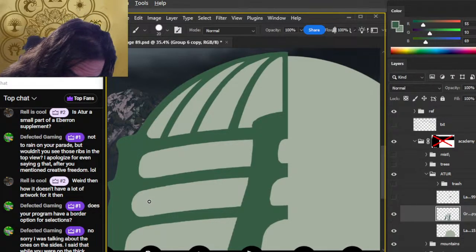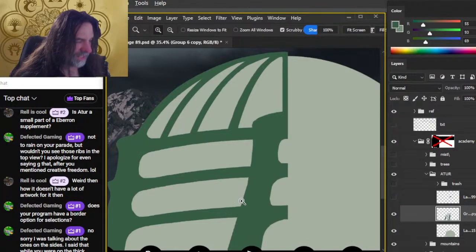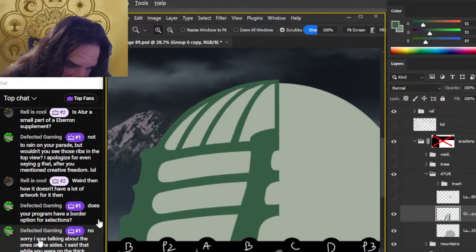No, sorry, I was talking about the ones on the sides. I said that while you were on the thick... Oh, sorry. Let's see. Does your program... Weird...